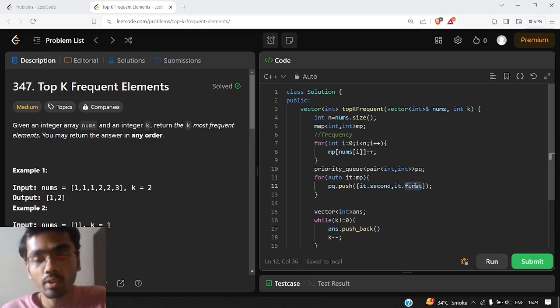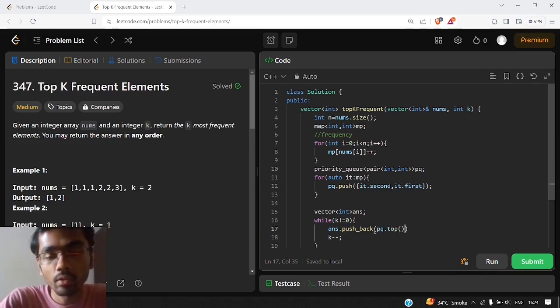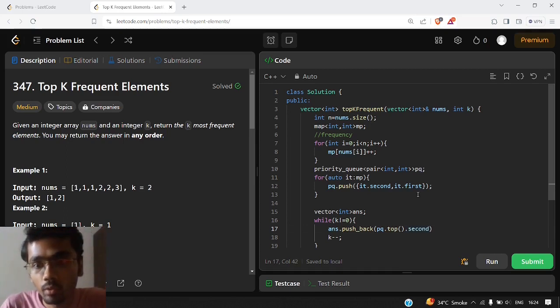Now here we are not using it.first, we will use pq.top().second. Since the frequency is stored at the first position and its corresponding number is stored at the second position, we need to take that corresponding number, not that frequency. So that's why we are taking that corresponding number inside our answer.